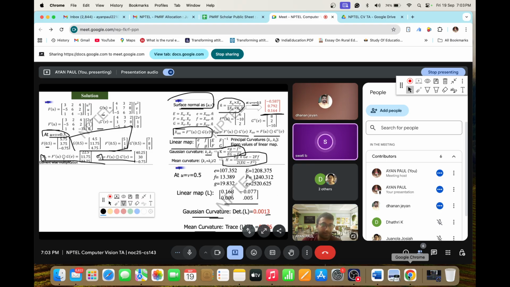So u and v are parameters, somewhat like x and y coordinates. Not x and y coordinates, they are parameters to the x y z coordinates. That is why we write x as x of u v, y as y of u v, and z as z of u v. And again if u and v also have a parameter t, then u is written as u of t and v is written as v of t.